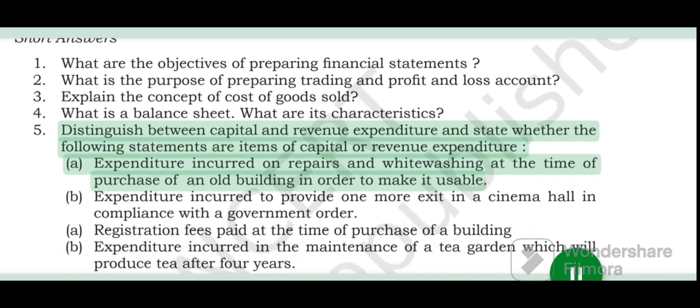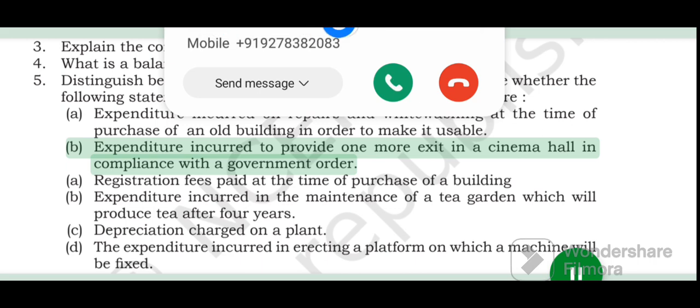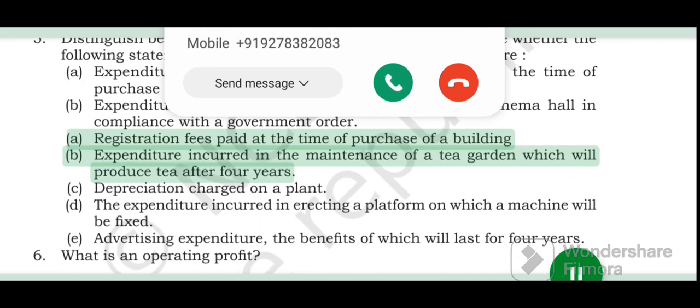5. Distinguish between capital and revenue expenditure and state whether the following are items of capital or revenue expenditure. A. Expenditure incurred on repairs and whitewashing at the time of purchase of an old building in order to make it usable. B. Expenditure incurred to provide one more exit in a cinema hall in compliance with the A. Registration fees paid at the time of purchase of a building. B. Expenditure